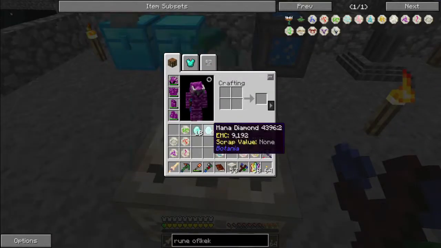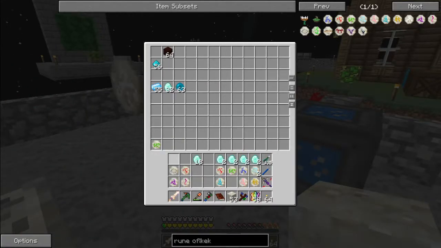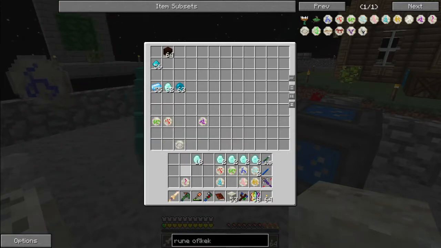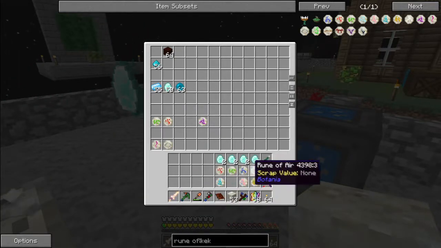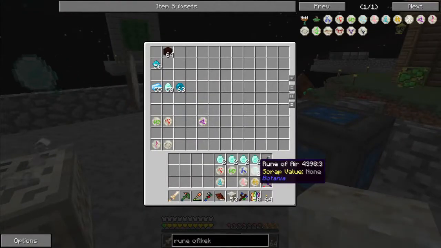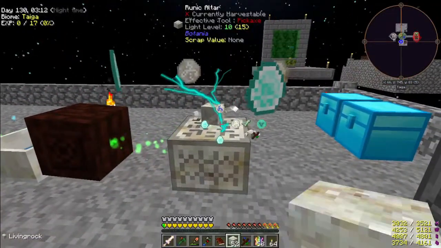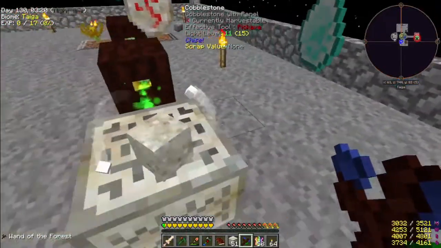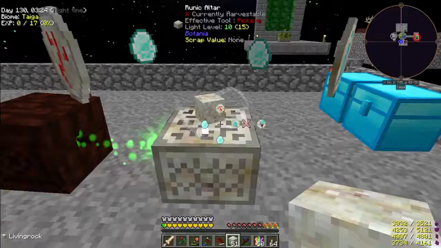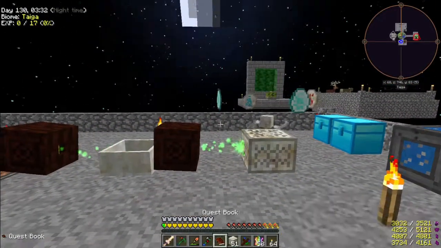So we'll go ahead and do this. Do them a little bit out of order, but we have earth. Let's see, we have earth, mana, fire. Let's see, lust, gluttony. We don't need any more mana diamonds in there. We have air. And we can do this. Let's see. Winter goes there. I don't really care about the order, but once we get done with all of these, then we also need